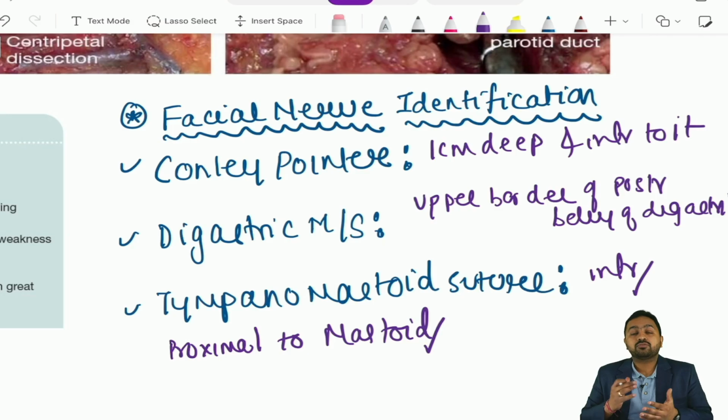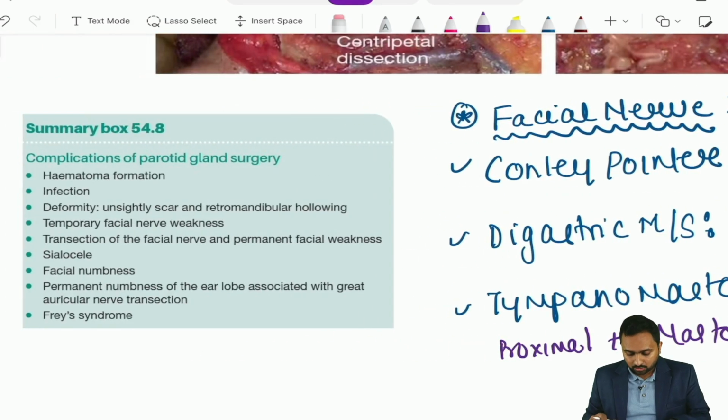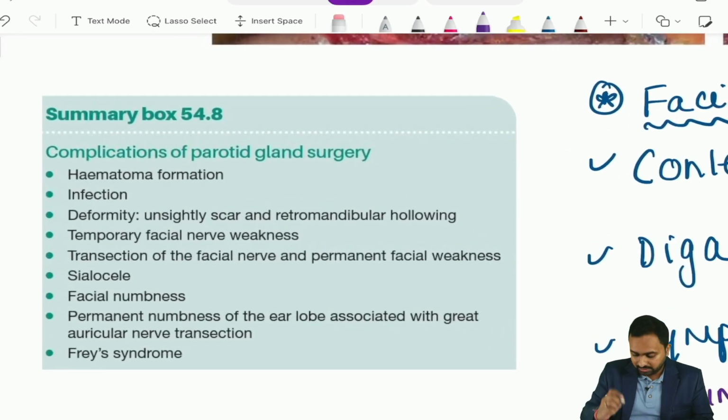Retrograde would be following the various branches and identifying the main trunk of your facial nerve. Nowadays there is also the use of intraoperative nerve monitoring techniques in order to localize the facial nerve. Now regarding the complications of parotid gland surgery, they include hematoma formation, infection, deformity,